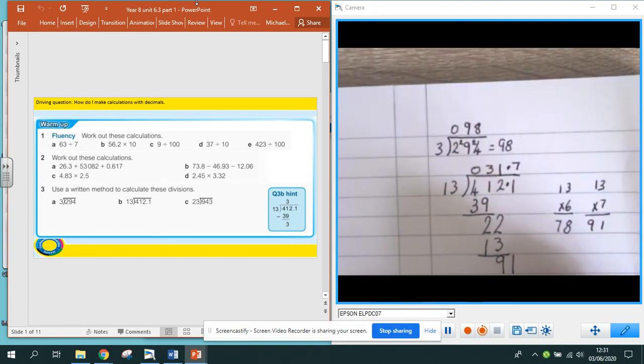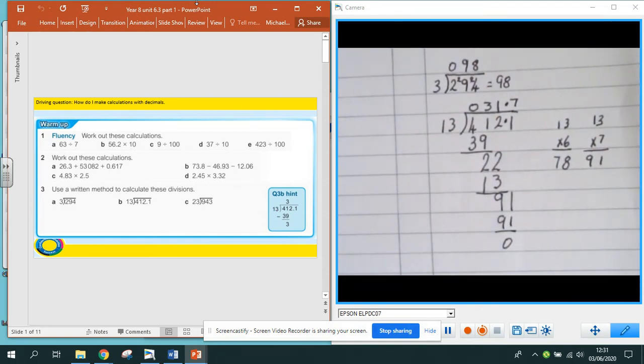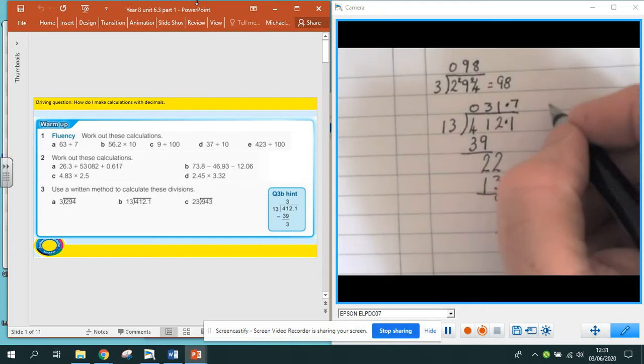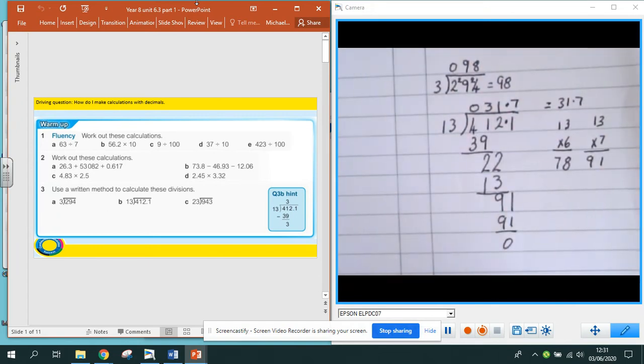I can finish this off by writing 91 down there and 0 under there, if I really want to, just to make it look neat, but my answer is 31.7. Okay, then moving on to our last one, which I'm going to do exactly the same again. I have 23, I'm dividing